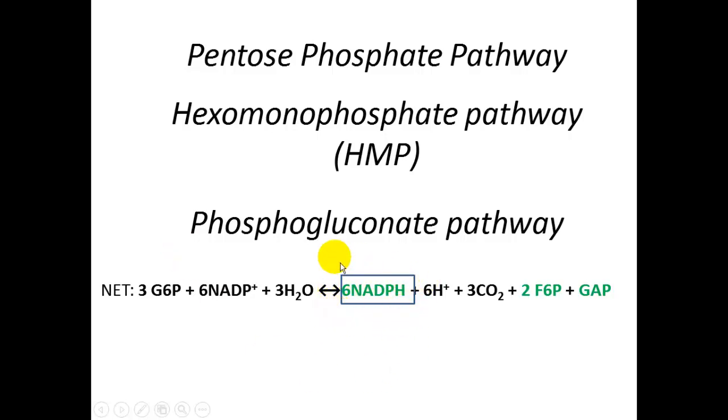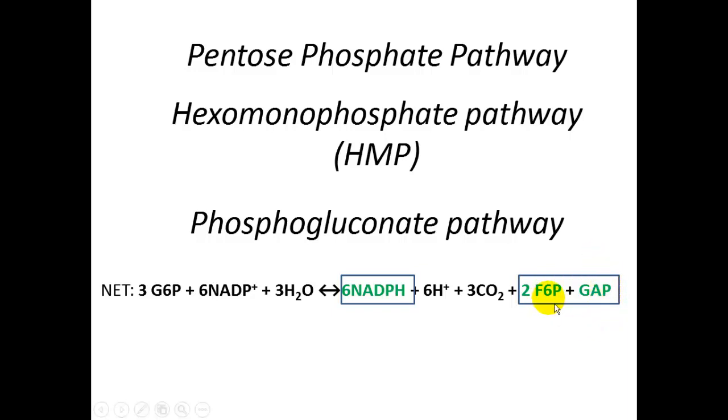Now, in Biochemistry 1, we talked about the role of NADH. Now we're talking about a different cofactor. The only difference is that inorganic phosphate. But from 3 glucose 6-phosphates, we get 6 of the nicotinamide adenine dinucleotide, the phosphorylated form. And we get 2 molecules of fructose 6-phosphate and 1 molecule of glyceraldehyde